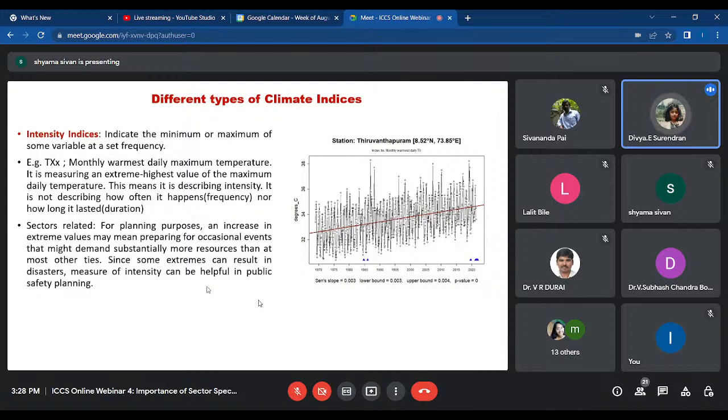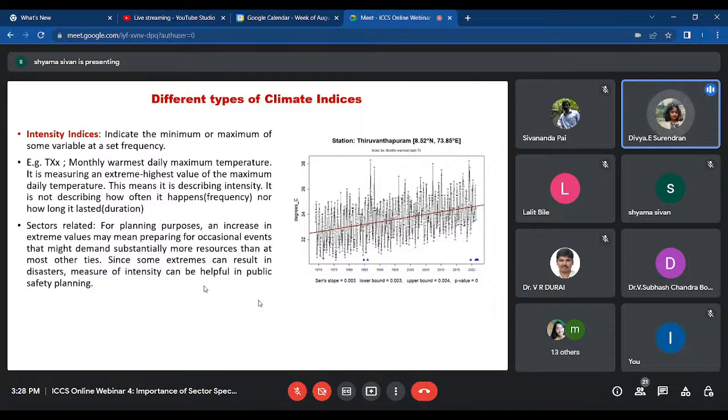One type of index is the intensity index. It indicates the intensity of an event based on some maximum or minimum variable. One example given is the monthly warmest daily maximum temperature. It measures, in a month, the monthly warmest daily